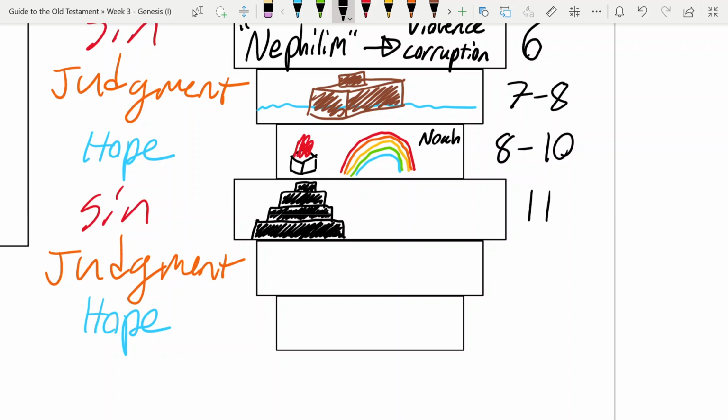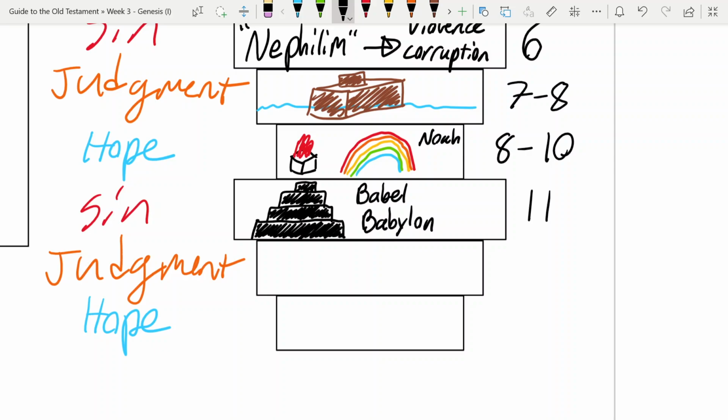And this is called the Tower of Babel. And for whatever reason, that's how this word gets translated in this passage, chapter 11 of Genesis. Everywhere else in the Hebrew Bible, we translate that as Babylon. This is the same word as Babylon, that famous enemy of Israel that will eventually take them into exile many thousands of years later. And so we get this major judgment on Babel or Babylon.